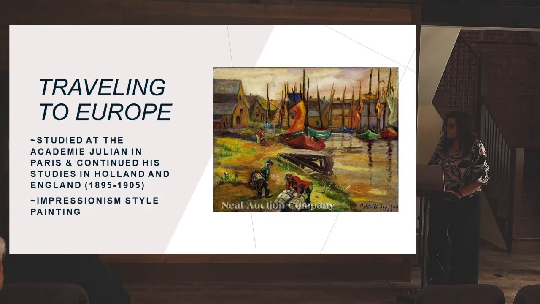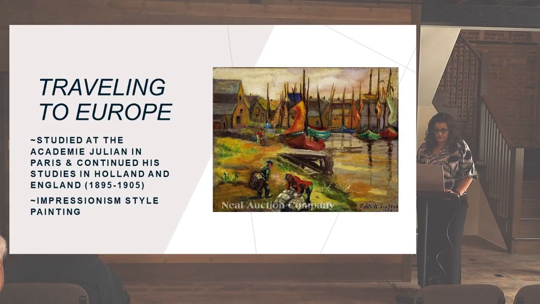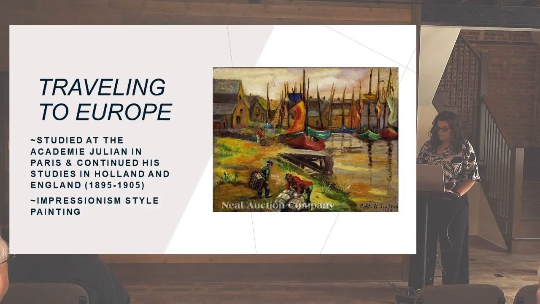Now, seeking to broaden his skills, Grafton traveled abroad from about 1895 to 1905, studying at the Académie Julian in Paris, which was a private art school, as well as in Holland and England. His time in Paris immersed him in the academic rigor of figure drawing and composition under the Atelier system, while his studies in England and Holland likely introduced him to landscape traditions inspired by masters like the Dutch school and the British portraitists. These experiences shaped his approach to light and form, blending American realism with subtle impressionist elements observed